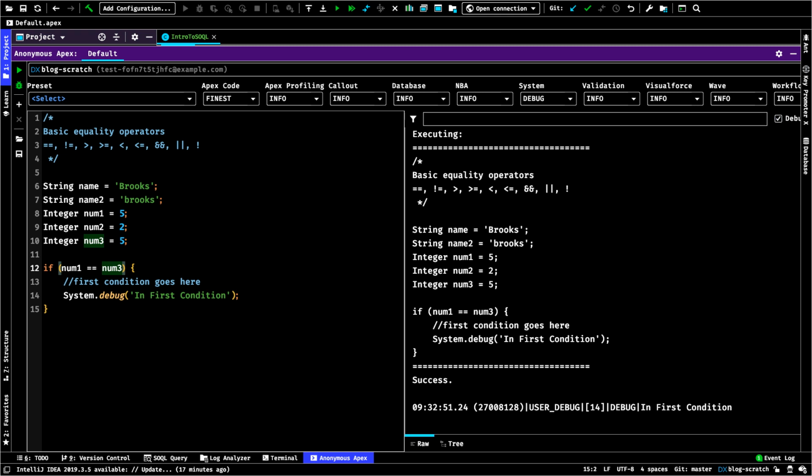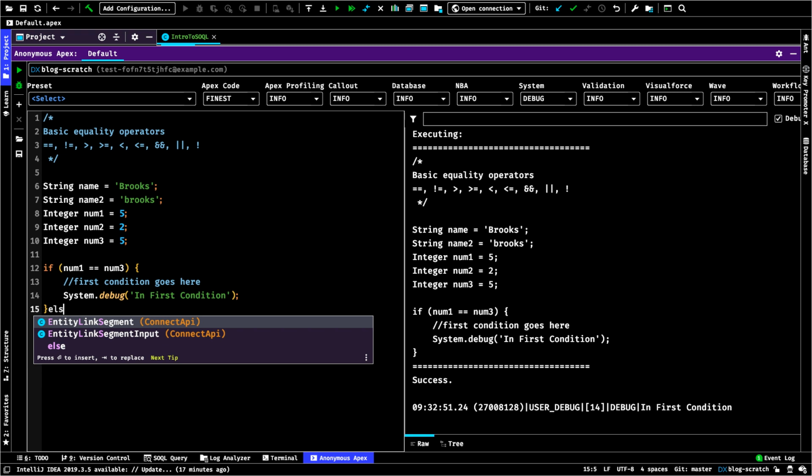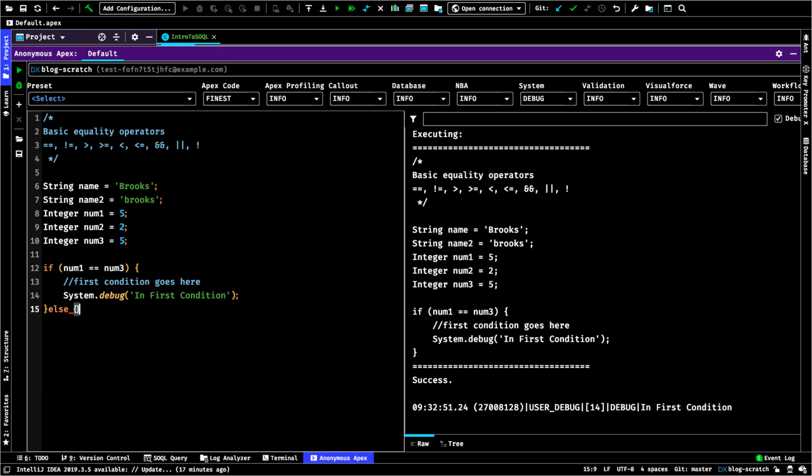So that ran. Now, if this is not true, if we're not going to evaluate this, then we would say else. We're going to say if you don't run what's in this block, then run what's in this block. And I like to think of these curly braces as fences, keeping your code inside, saying we're only going to do the things available inside of these curly braces. And we're just going to do another debug statement